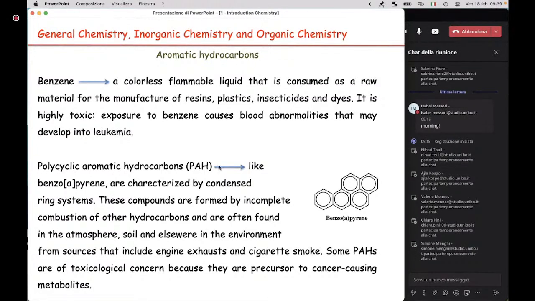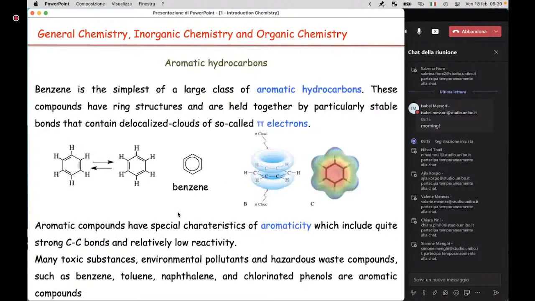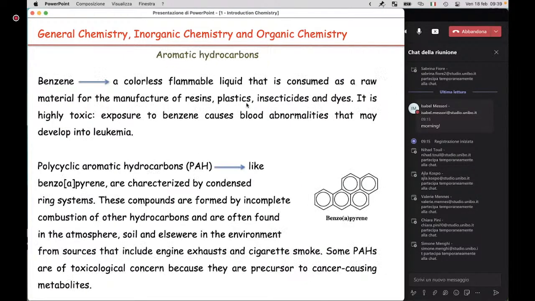For example, benzene, which is the simplest aromatic hydrocarbon here, is highly toxic and is one of the few compounds that is surely a human carcinogen. In particular, it can cause leukemia. But also all the other aromatic compounds, in particular those called polycyclic aromatic hydrocarbons, which is abbreviated PAH,